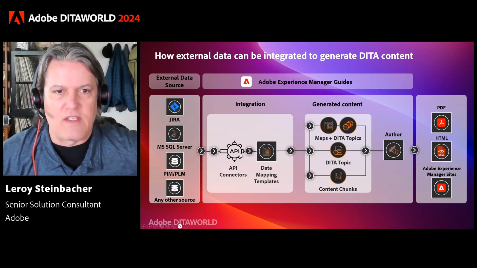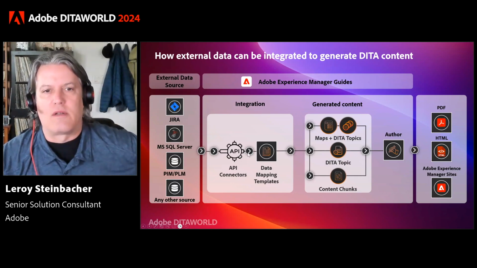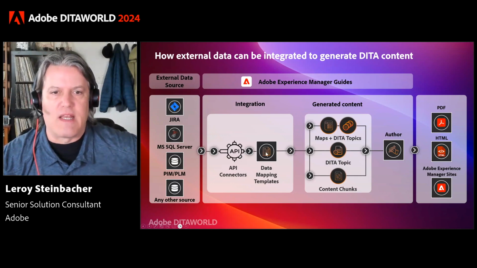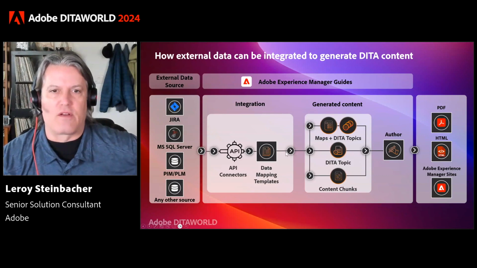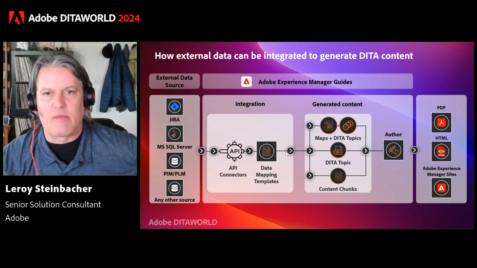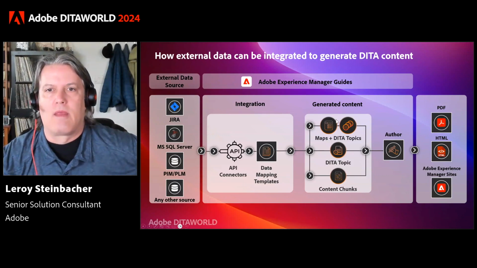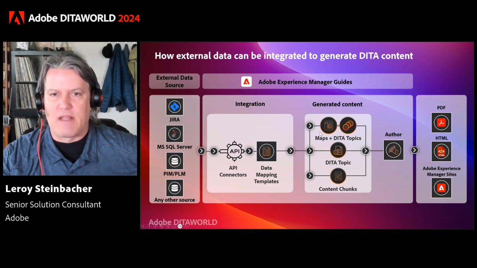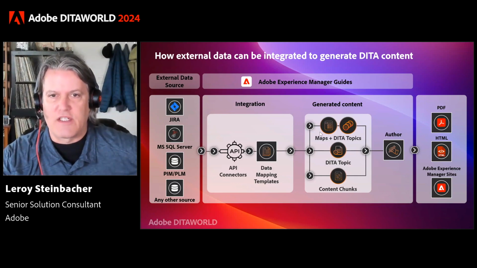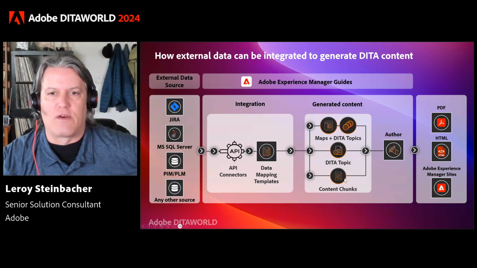And then within these, once you have the API connectors and you're mapping certain data to your data topic, you can use these data mapping templates that will say, okay, for this particular table in my database, I want to map it to a section of my topic. Once you have this mapping done, that dynamic topic can be generated and updated based on changes in your database, and can be used as a source of truth within your various topics within your maps